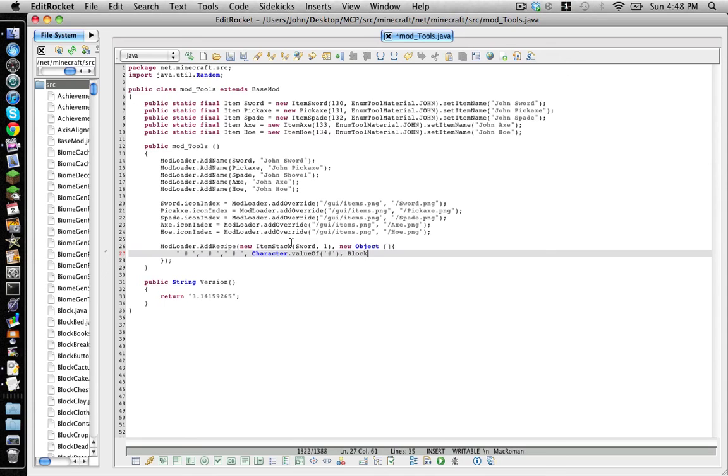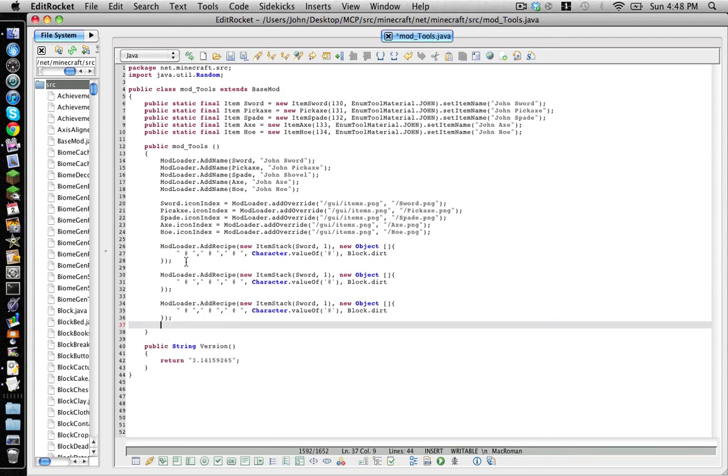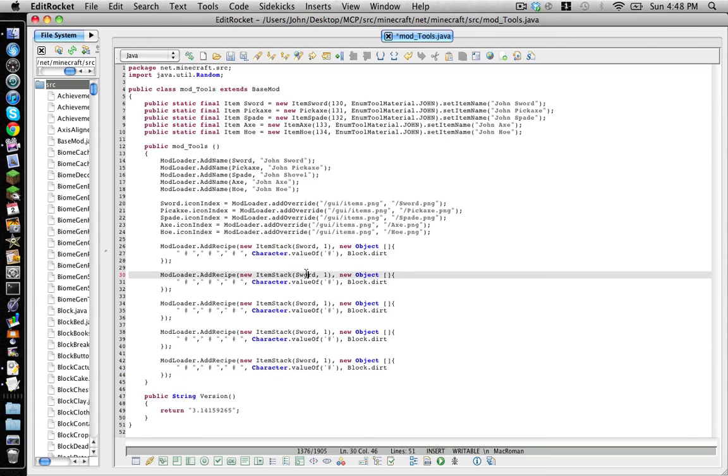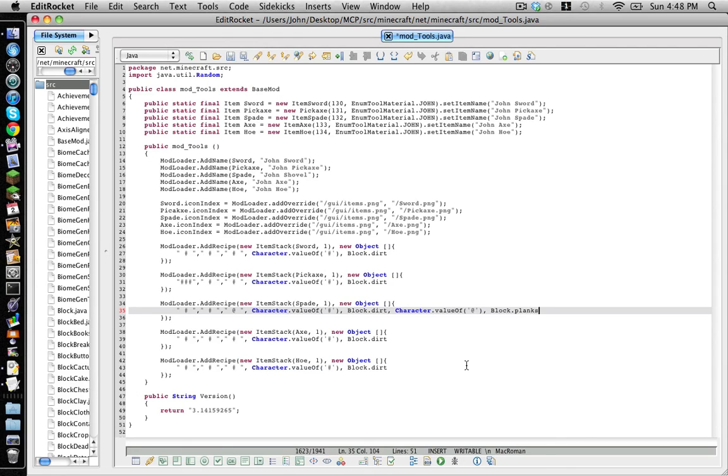hash is block.dirt. Let's copy and paste this 4 more times. Okay, and replace this name, pickaxe, spade, axe, hoe, pickaxe, so it says 1, 2, 3, 1, 2, 3, 1, 1, yes. For the spade, we're gonna change this and give it another one. Okay, and axe, so it's,